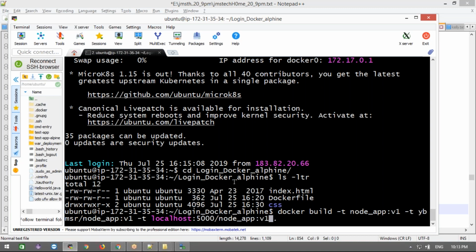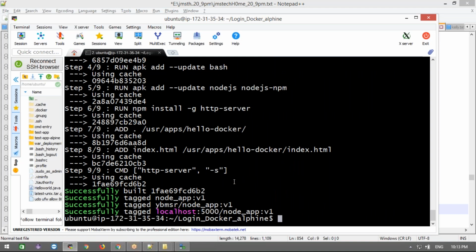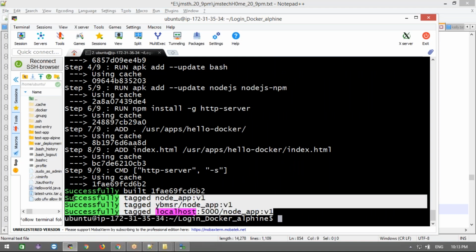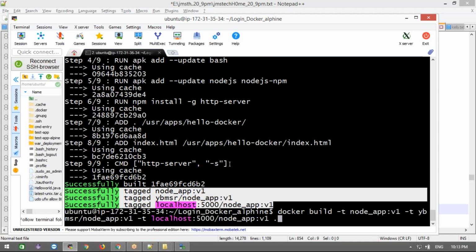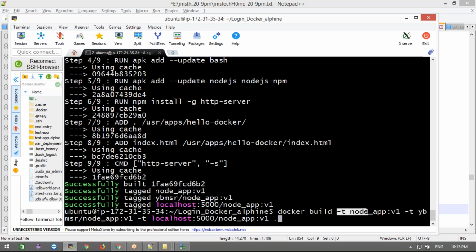Now we can create the 3 images at a time, for all environments also, using the multiple -t options. We can build multiple images for different repositories. This is for my local, this is for my staging environment, this is for my production.